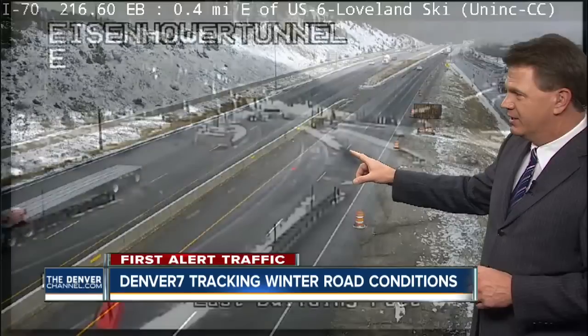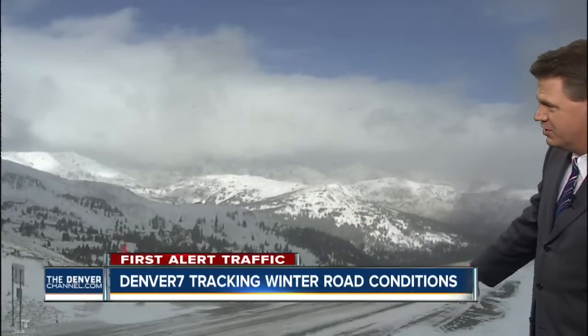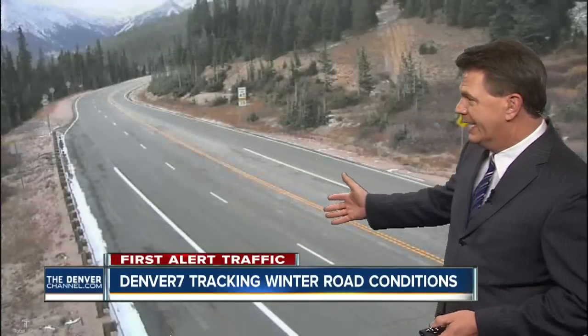If you could take a look at the map. So this is the Eisenhower Tunnel. That's the CDOT camera. But take a look at, there you go. There are the conditions you see at the top of Loveland Pass. Still very much snowpacked. That's why that is still restricted this morning, as well as Berthoud Pass. Berthoud Pass got a bunch of snow, but now it's just turned to wet at this point, which is really welcome news. So back up at the Eisenhower Tunnel, we have Amanda Del Castillo checking out the conditions firsthand